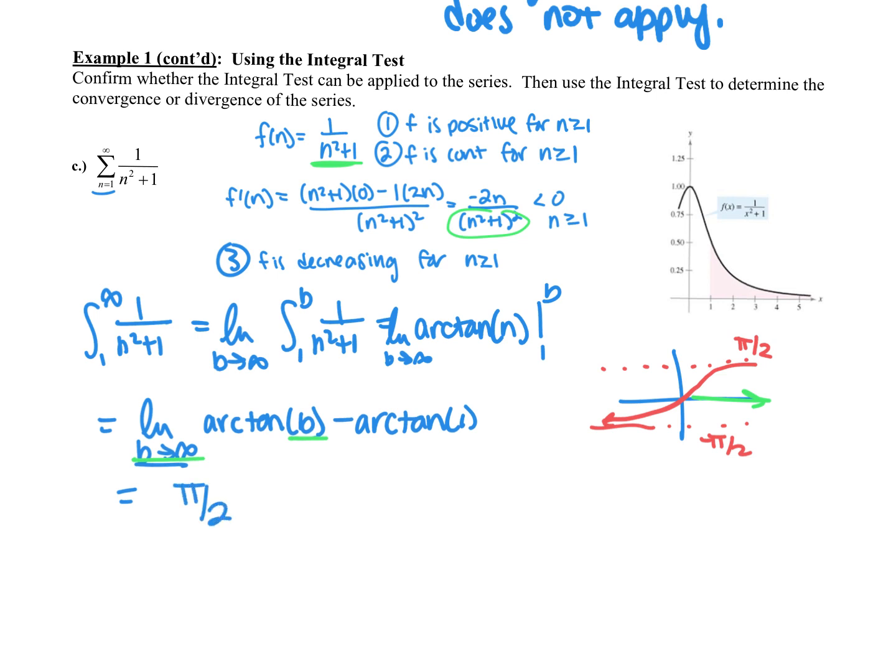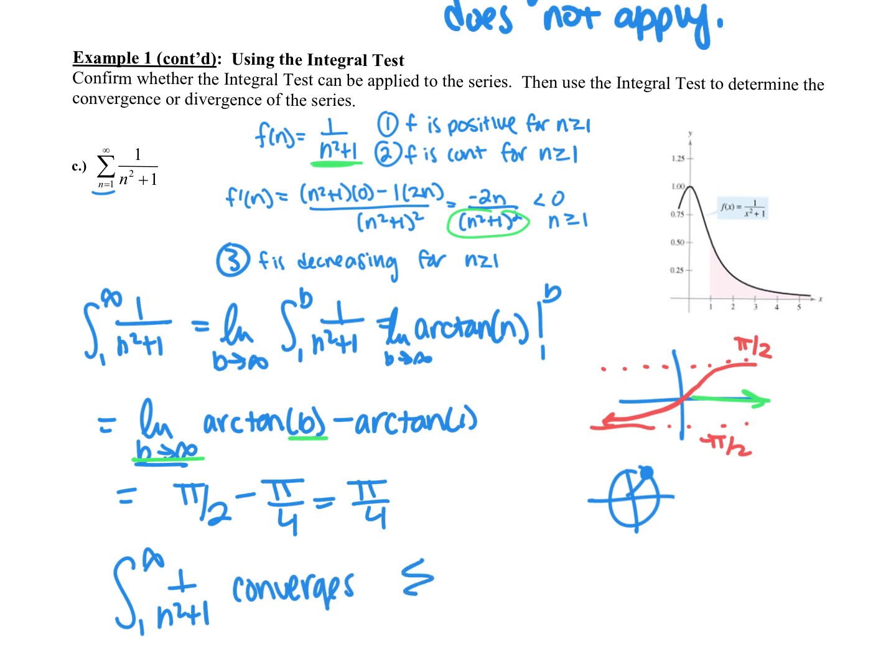And then arctangent of 1 will be pi over 4, because that's where on the unit circle, sine and cosine are the same value. So we're looking at what angle is tangent 1. So that's going to be at pi over 4. And pi over 2 minus pi over 4 is pi over 4. So our improper integral converges because that limit exists,